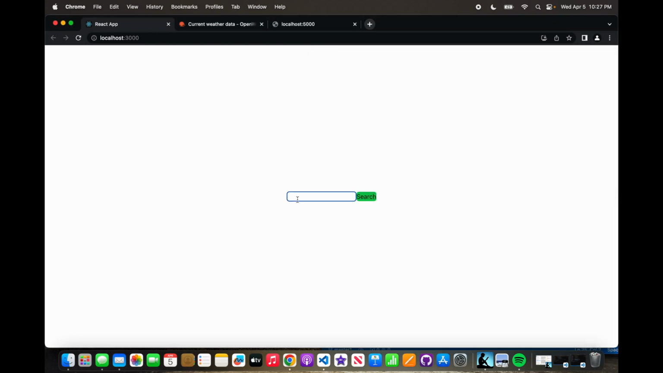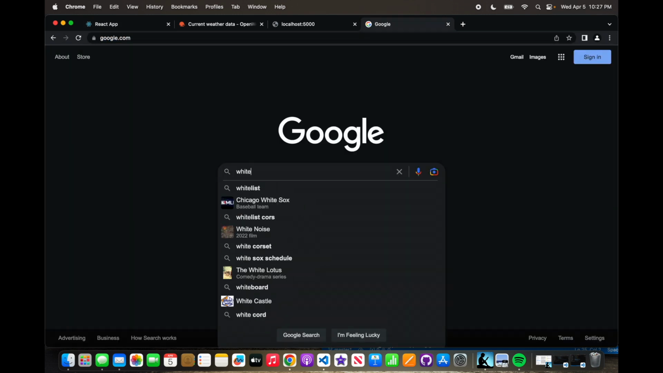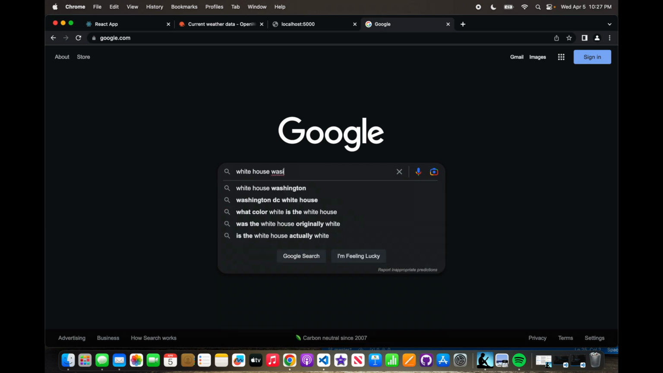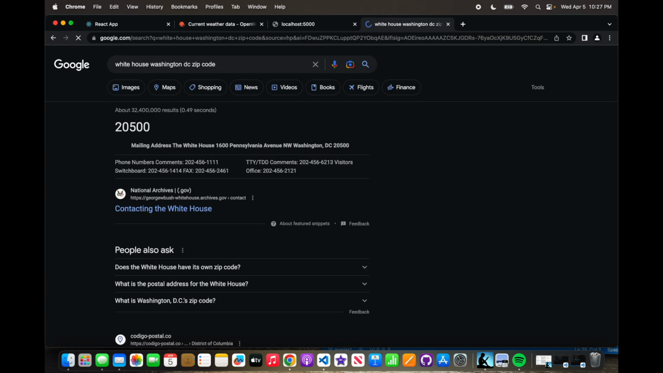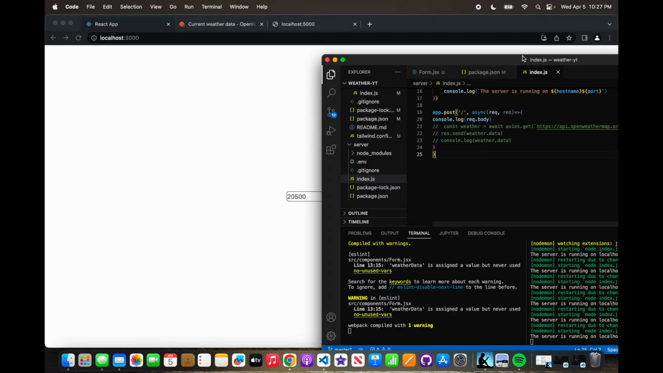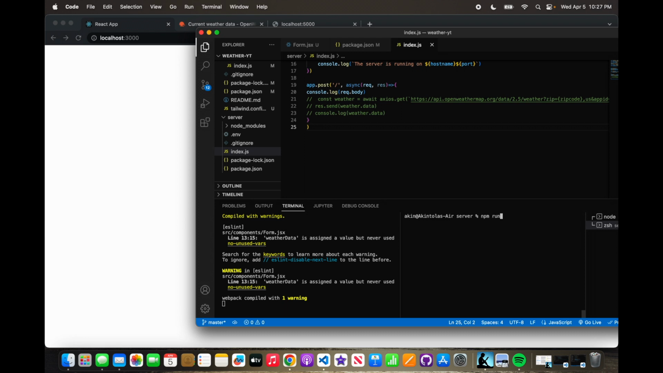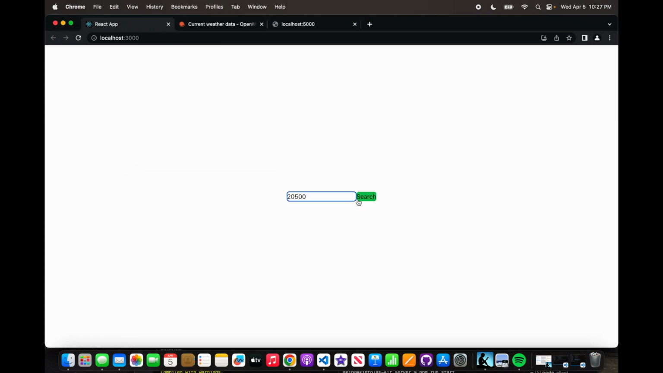So request.body, if we say, what was the zip code we used? Google White House, Washington, DC, zip code 20500, I guess. So whenever we put in 20500 in here, we should have it console logged here. So let's just clear all this so you can see it clearly. All right. So if I hit search,